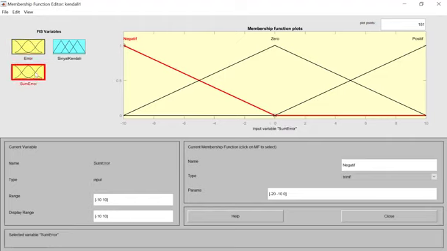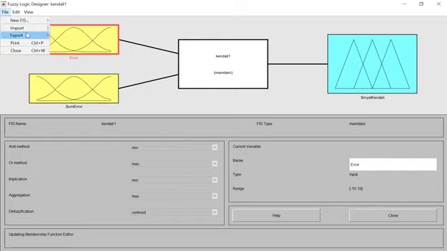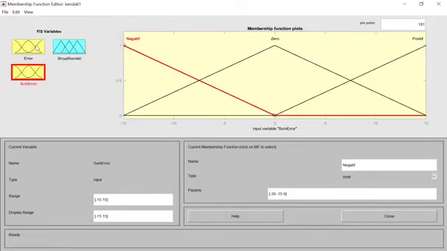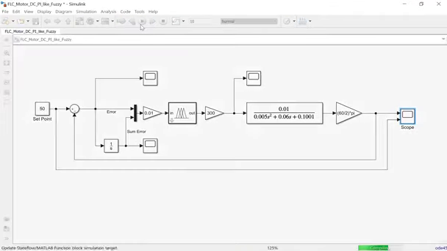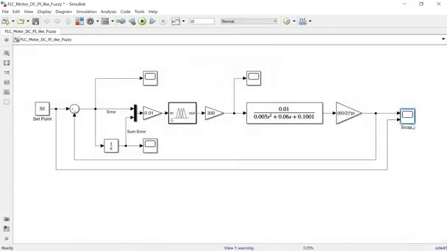So I want to change this value to be 15. Okay, and then we can close here, and we export again to the workspace with the new sum error value. The error is -10 to 10, and the sum error I change to be -15 to 15 here. Okay, we will see the simulation result here. I hope it can change the system response better.